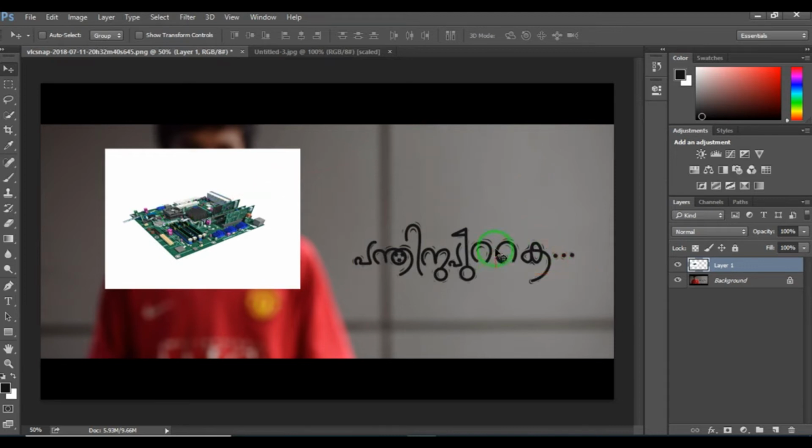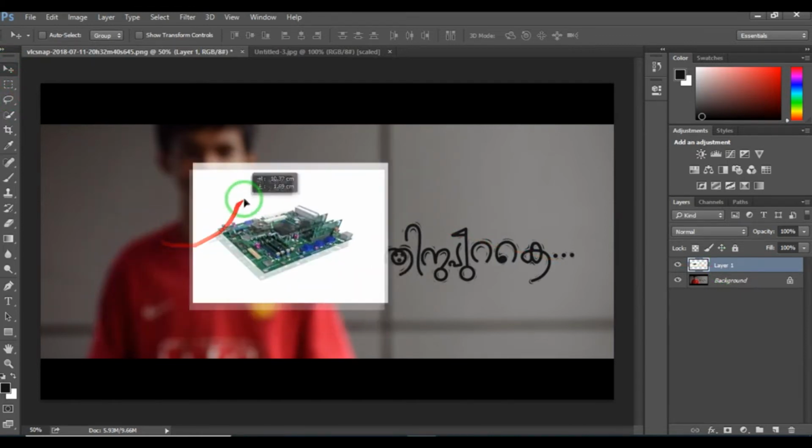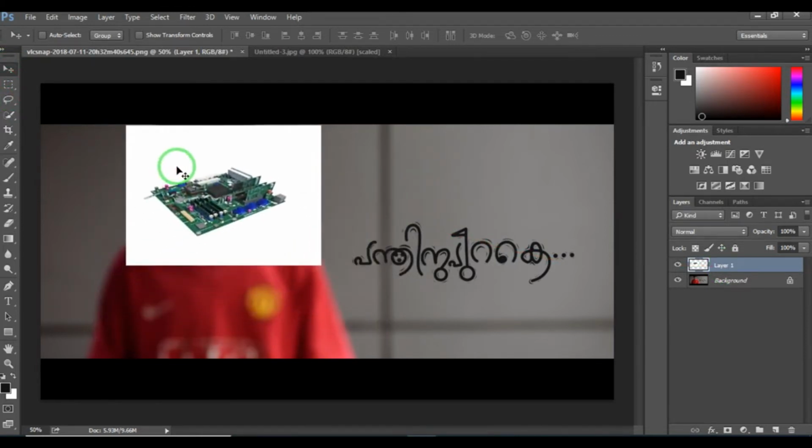The changes in the layer are reflected here. You can see a new layer number 1 added above the background in the layer panel. By using this move tool, you can move this layer anywhere in your frame. Now we will go to the second selection tool, that is the marquee tool. I'm selecting this marquee tool